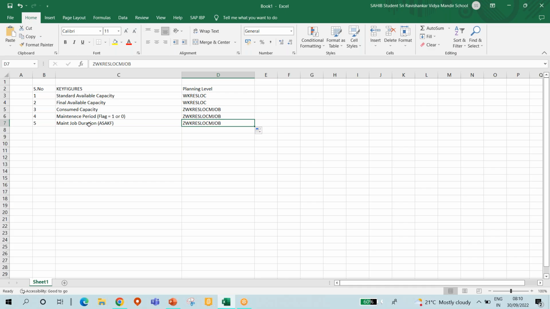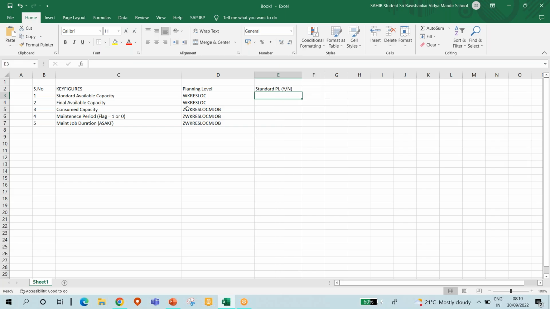So let's take this as also a planning level, this one. So let me just put it a standard planning level. Yes or no? It is a standard planning level? Yes,